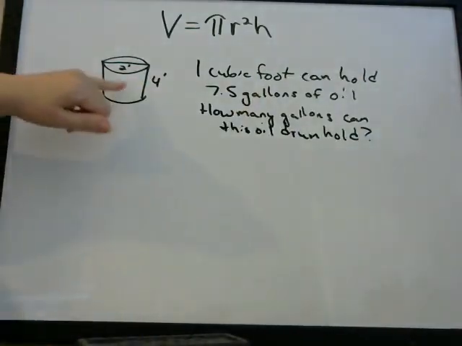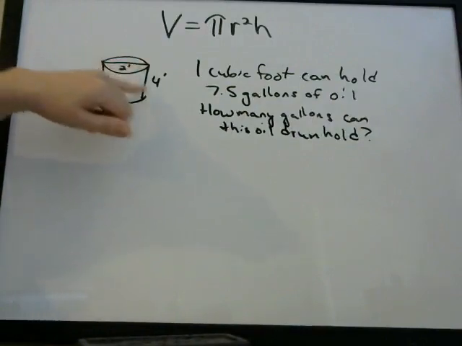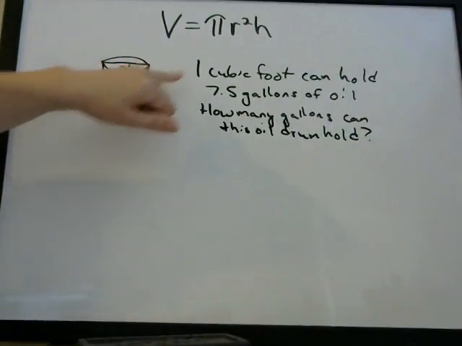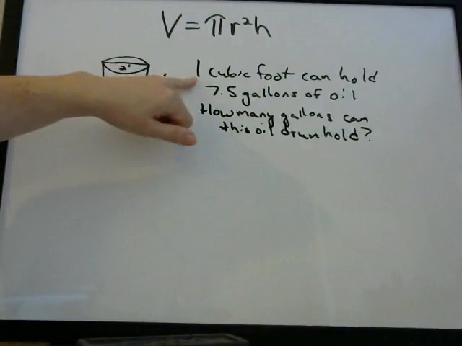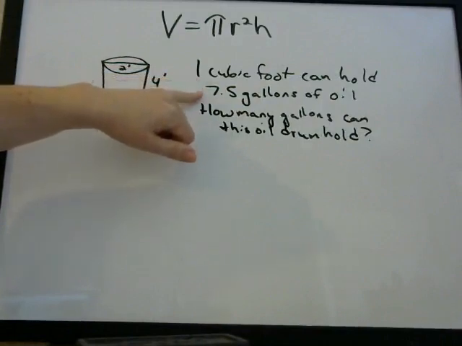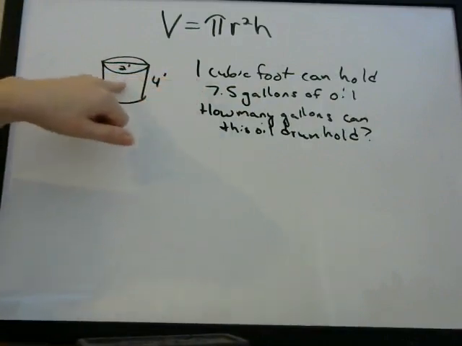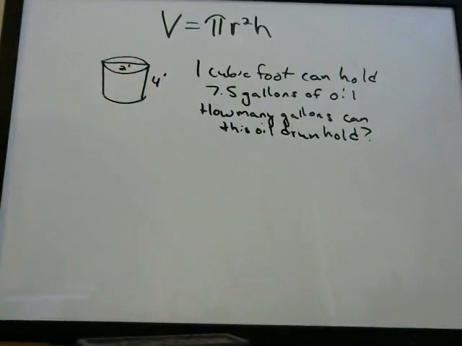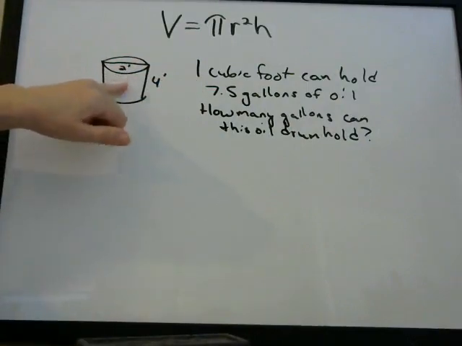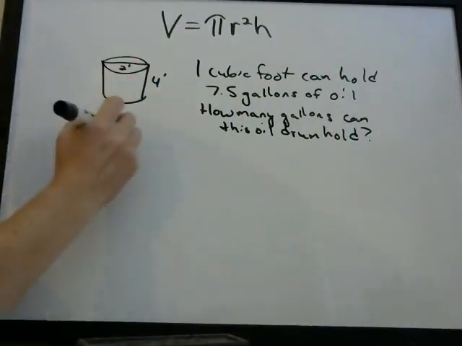So we have this oil drum. They said the diameter is 2 feet, the height is 4 feet. 1 cubic foot can hold 7.5 gallons of oil. So how many gallons can this oil drum hold? So we need to find the volume of the oil drum. So the volume,